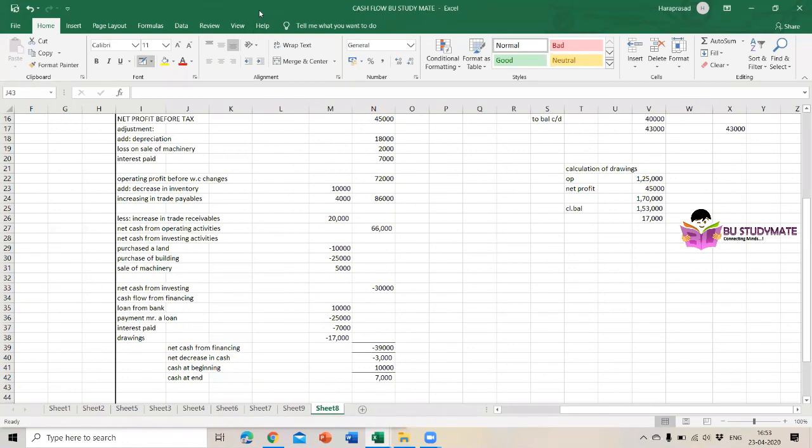This is the first time we are solving this kind of question, so it takes time, but tomorrow onwards it will not take. Please go through this question, and this question was asked for 6 marks in the 2019 question paper. And please write down this. If there is any capital amount in the question, you have to make the drawings account. Calculation of drawings: opening balance plus net profit, then whatever amount you get, deduct this from the closing balance.